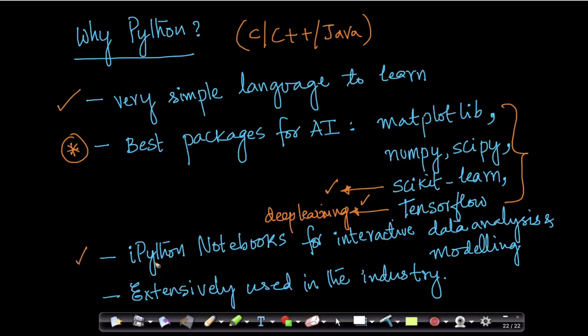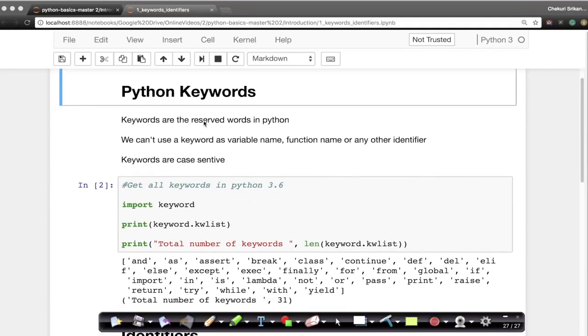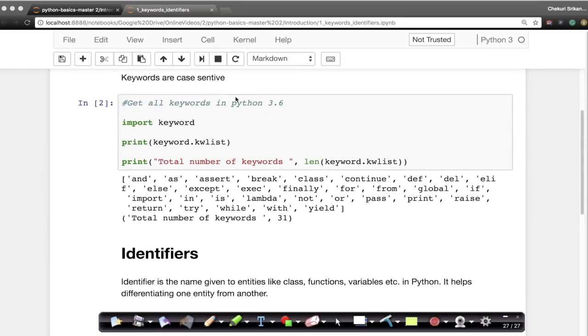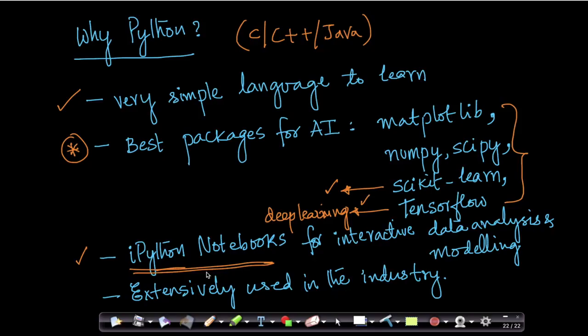In addition to that, Python has something called IPython notebooks. We'll use these as we go. To give you a quick overview of how an IPython notebook looks, let's look at this notebook. So here we can mix code with content, and it's very interactive. This is like a very simple UI, and this can run off your web browsers. So Python has this very nice interactive framework called IPython, which is extremely useful when you're doing data analysis and modeling. And in this course, we extensively use IPython notebooks for all of our data analysis, for all of our code. And it's also very easily shareable because I can just give you an IPython notebook and you could run it on your laptop or your desktop very easily.